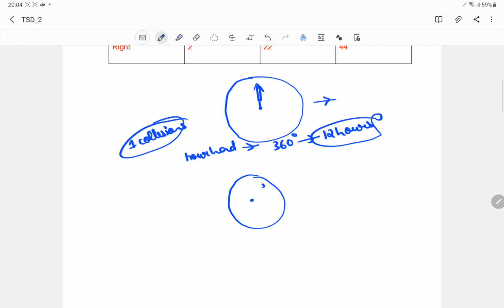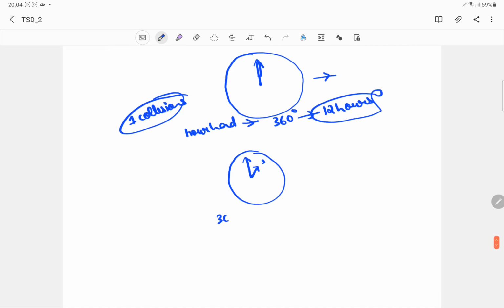So this is like 1, this is like 12, and this is the hour hand. Okay, so now till here it has actually covered 30 degrees. Okay, does the first collision happen? No, it didn't. The first collision would actually happen somewhere over here. That is, this is 1, the hour hand and the minute hand will collide over here, and this would be something in addition to this. So let's say this is something like 31 or 32 degrees plus.